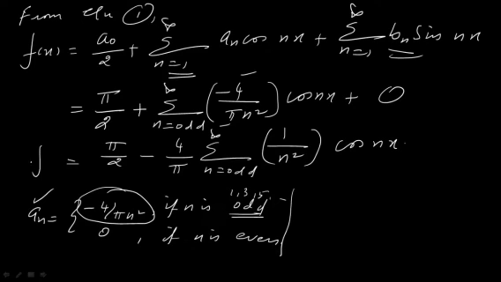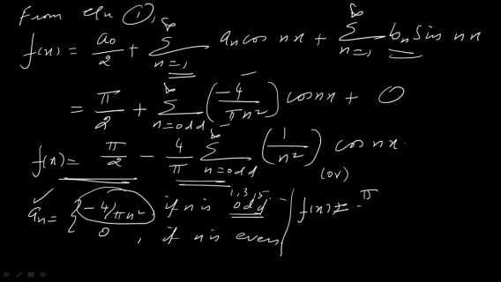So up to this we have to stop the problem. Suppose if you like to convert this n is equal to odd to infinity as n is equal to 1 to infinity, then you can write your f of x as pi by 2 minus 4 by pi sigma n is equal to 1 to infinity. Only the change is here n varies over odd terms to infinity. I am going to interchange that to 1 to infinity. Means what I am going to do? As I told you already, you have to replace this n and this n by 2n minus 1.